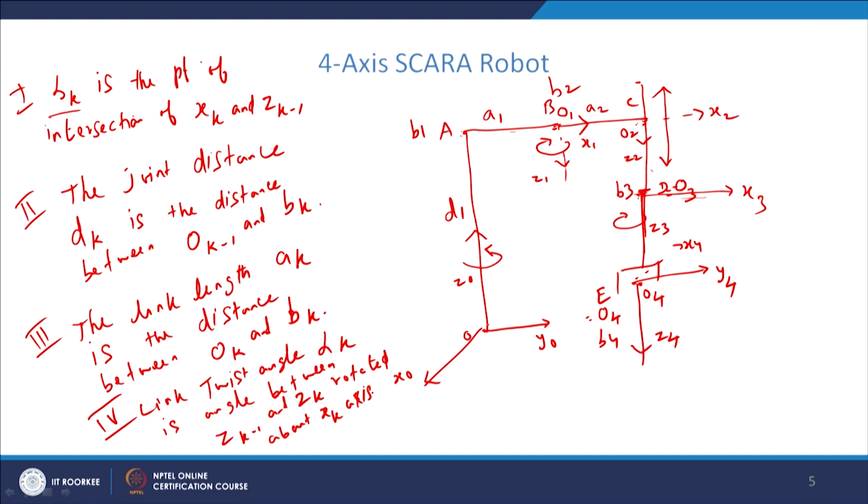So, if you see Z0 and Z1 and it is revolving around the x1 axis, we get 180 degrees, that is the alpha 1 angle. And similarly Z1 and Z2, these two are parallel. So, the angle between them is 0. Similarly Z2, Z3 and Z3, Z4 are in the same direction, therefore, the angles are 0. So, the 4 parameters of the robot manipulator can be obtained in the following manner.